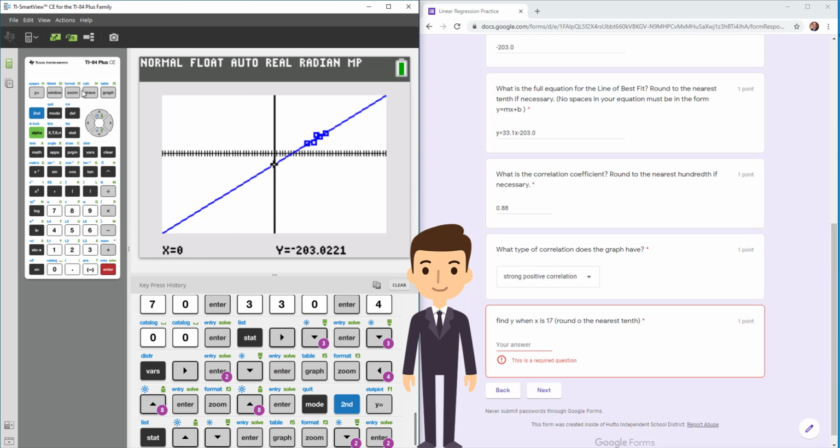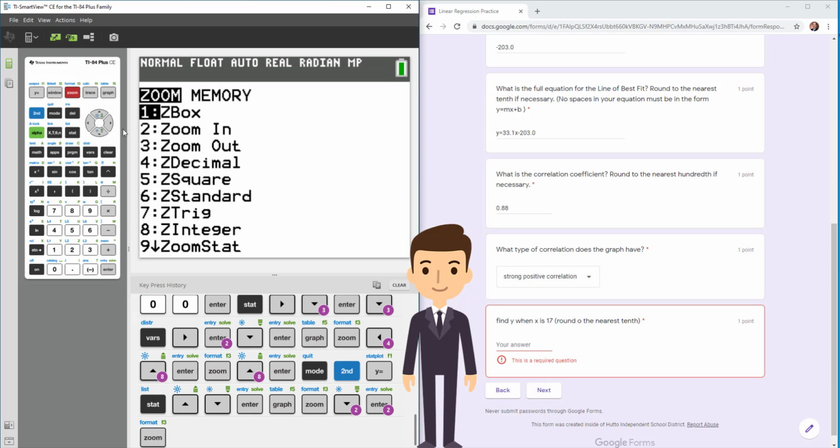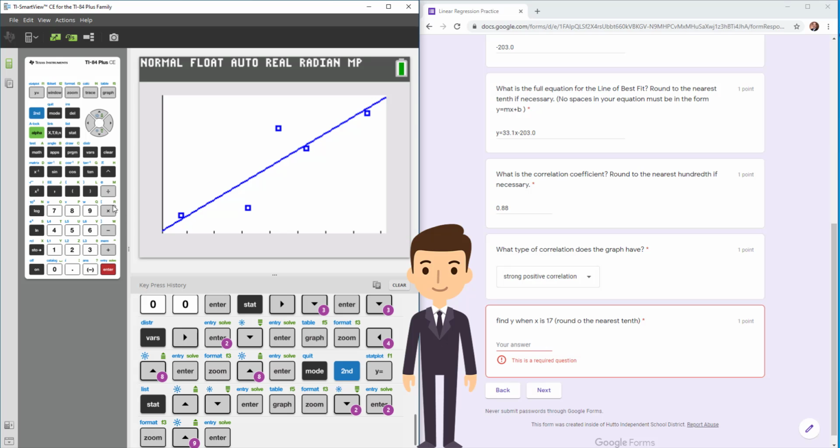Okay, they're there. For some reason, I thought when you hit zoom fit, it made sure your points were in there. Oh, maybe it was zoom stat. Yeah, that's the one I'm looking for. Okay, so basically,